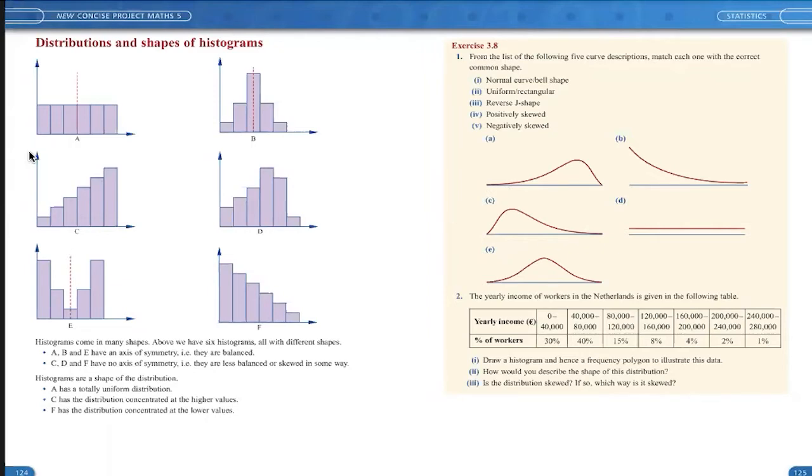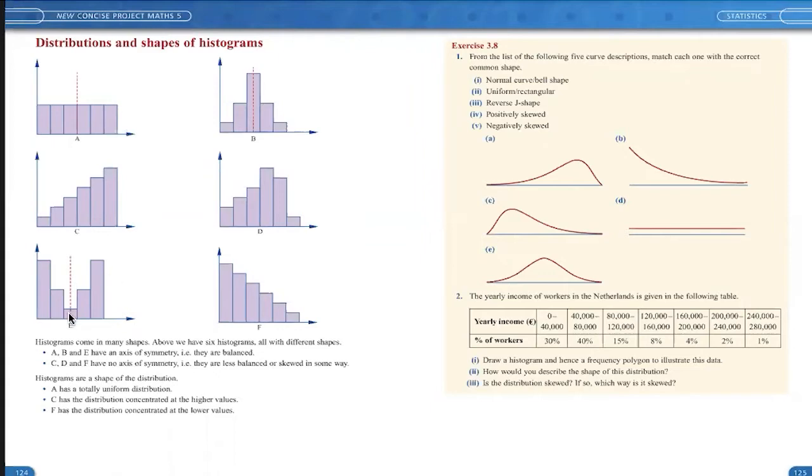Okay, I suppose I didn't state that one too much. Do you see on the left of that page, diagram A, that is where all the values are the same. So that's what's called uniform. Well, uniform is what I would call it, or rectangular as well. Okay, just staying on that left-hand side, if we have a look at it,